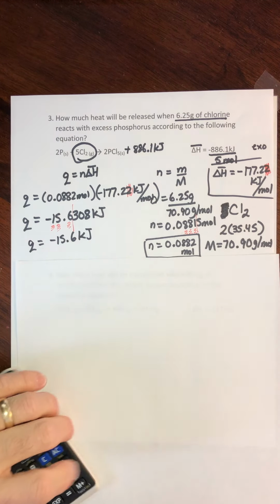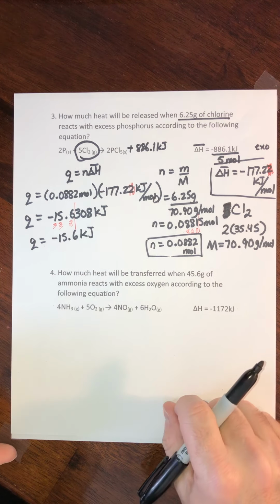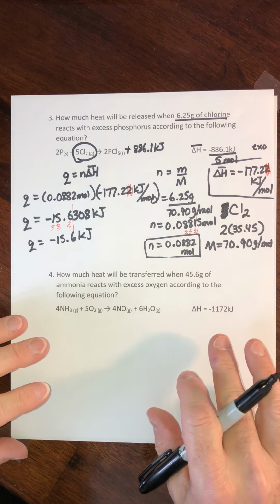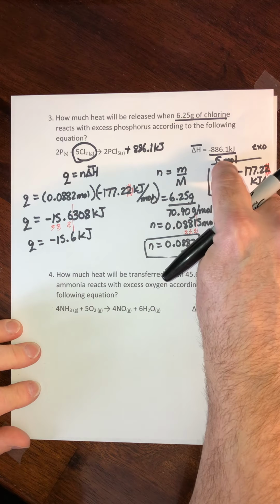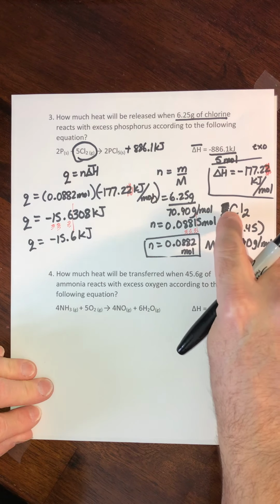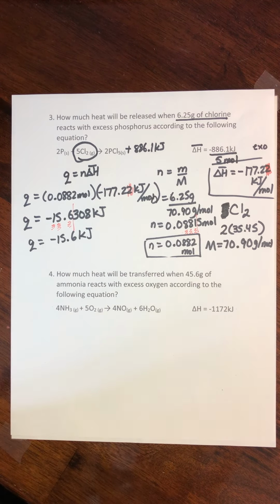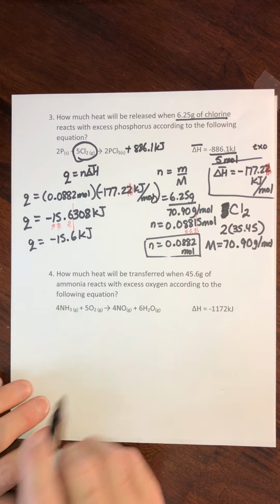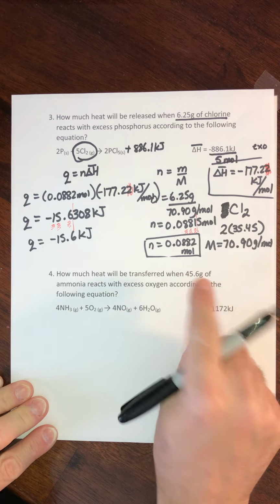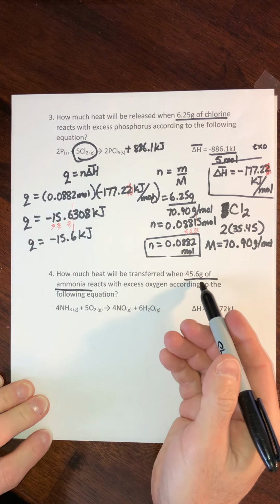All right. Let's say that we'd like to do a similar problem, but we'd like to do it a slightly different way. The way that I'm going to do it here, we'll still divide this by whatever number is in front to clean that up, but it will eliminate this bit of confusion here as well. Okay, so it's a slightly different way of thinking about it, but we are going to do the exact same problem. So the problem says, how much heat is transferred when 45.6 grams of ammonia reacts with excess oxygen according